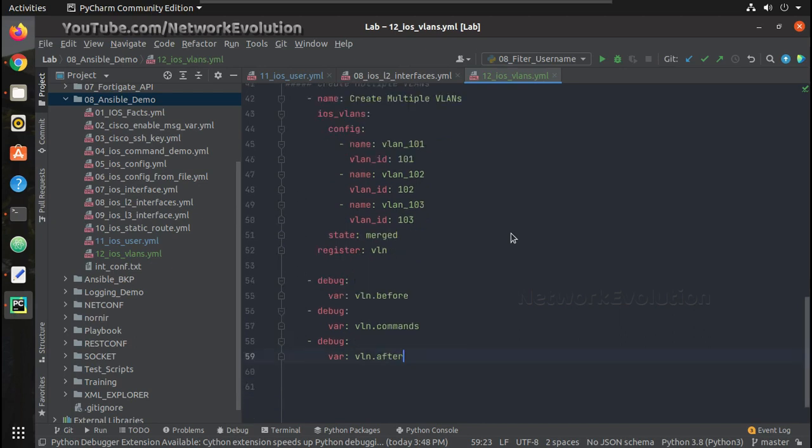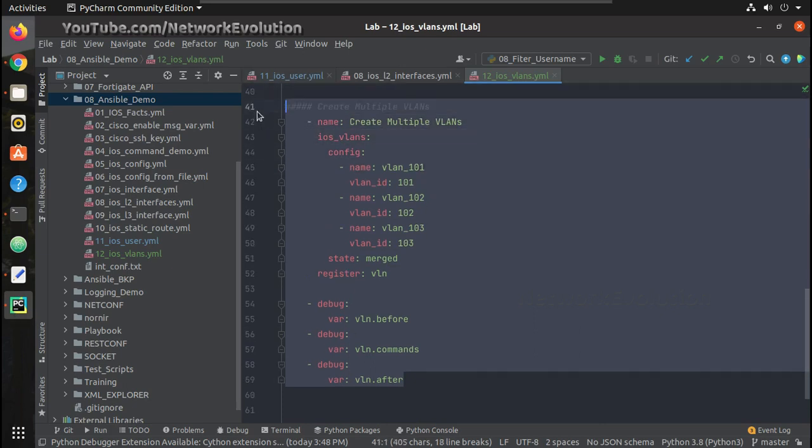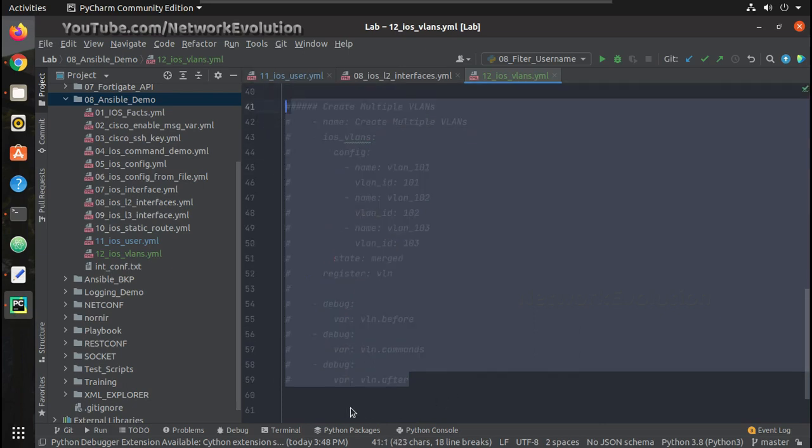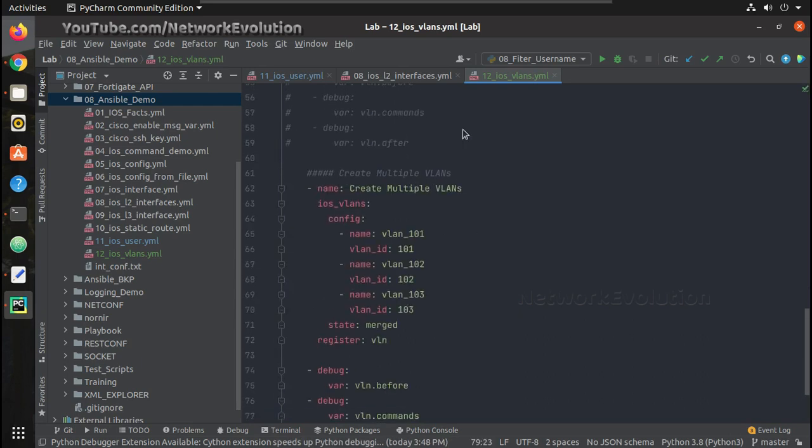For that, let me just copy the same. We will call that delete VLANs, and here under iOS config we can just give VLAN IDs.